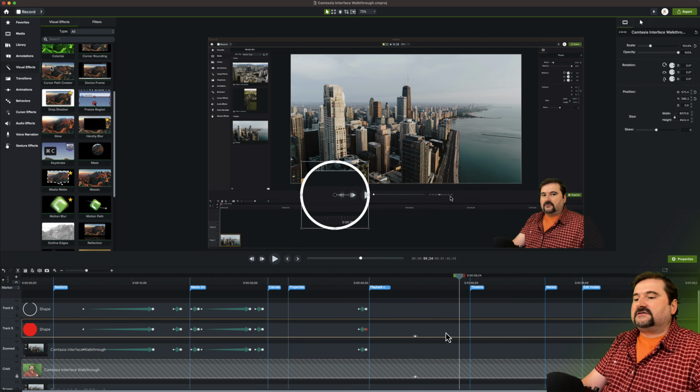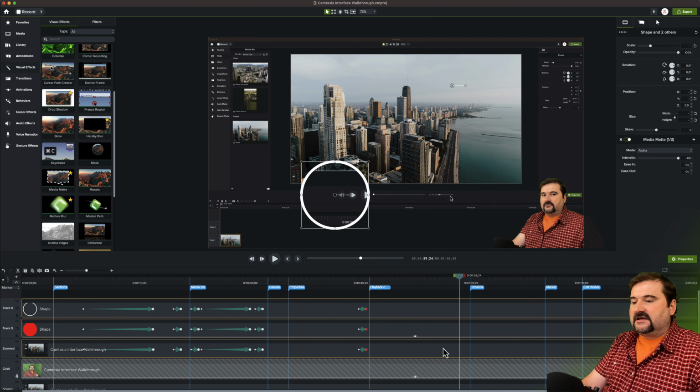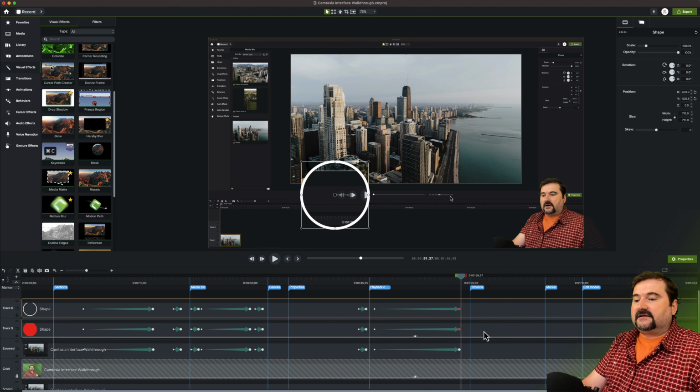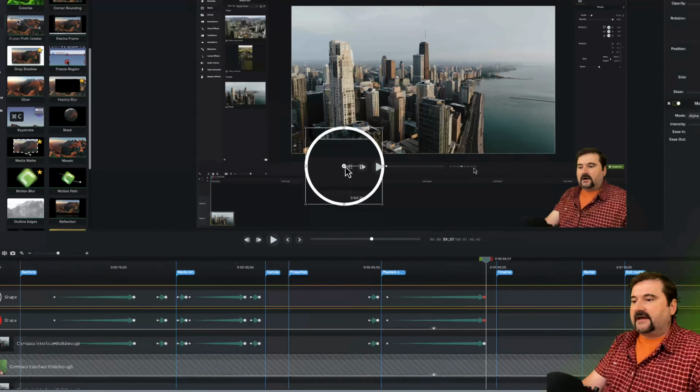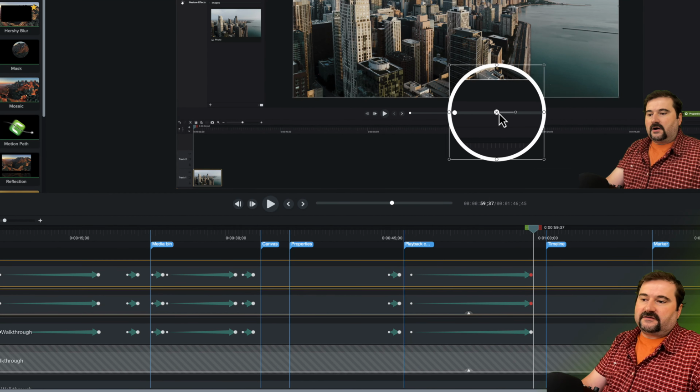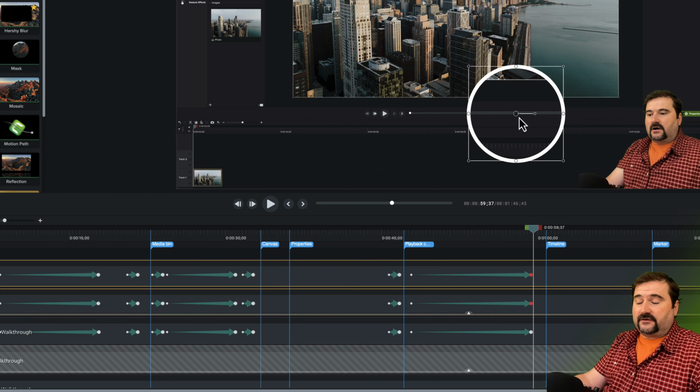Okay, so here, select all three of them, Shift key, Shift A to add an animation, and grab the animation while they're all three selected, and move back until I go to the beginning of the motion, right there. And now move the playhead at the end of the motion. And now let's put everything in place at the end. Select the two circles for the lens. I'm going to move that in place right there where my mouse is, right? I can't see the mouse sometimes when I put it on top.